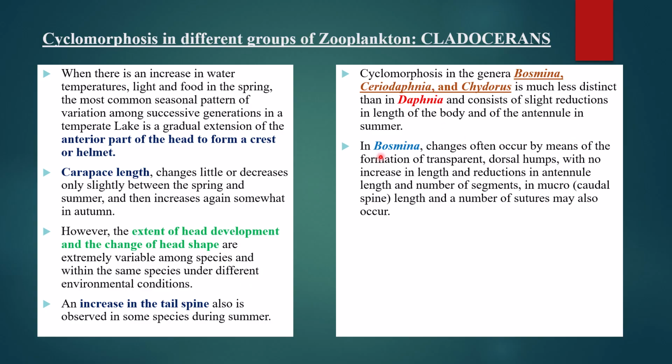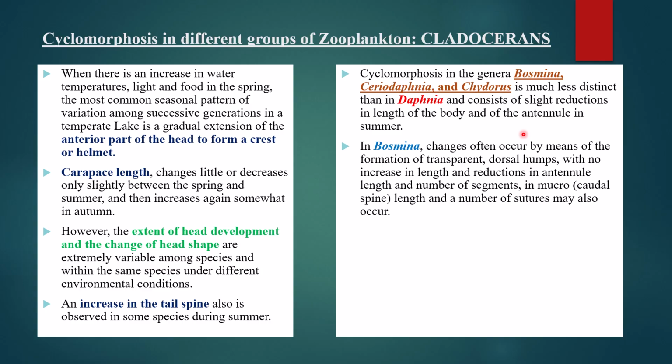तो यहाँ पे डेफनिया के केस में आप सब कुछ देख सकते हैं. So there will be a helmet, there will be a change in the carapace length, then there will be an increase or decrease in the tail spine. ये सारी चीजें जो है डेफनिया में बहुत प्रोमिनेंट है पर ये जो और दूसरे ग्रुप्स हैं जैसे बॉस्मेना, सीरियोडेफिनिया, काइडोरस, उनके अंदर these phenomena are less distinct, बहुत कम उसमें चेंजेस जो हैं, ऑब्जर्वेबल चेंजेस बहुत कम दिखाई देती हैं।